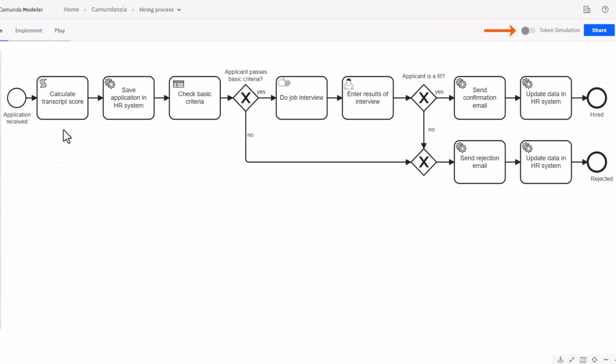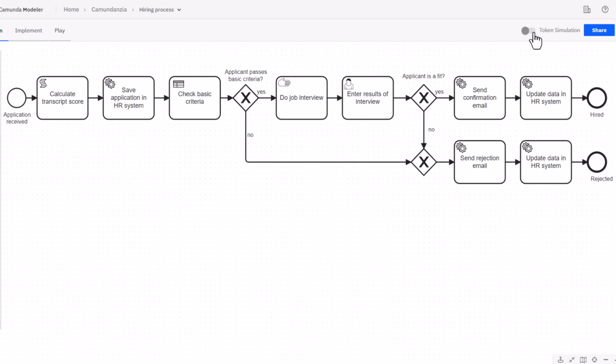We will now use the token simulation to make sure the process is behaving as we expect. We should not have any interaction on the tasks that are automated, such as the service task, the script task, and the business rule task. As they should be automatically completed, the token will continue in the process. The manual task will also be passed through because it has nothing to do with the engine. The token should first stop and wait at the user task. Once the user completes the task, the token will then continue until the end of the process.